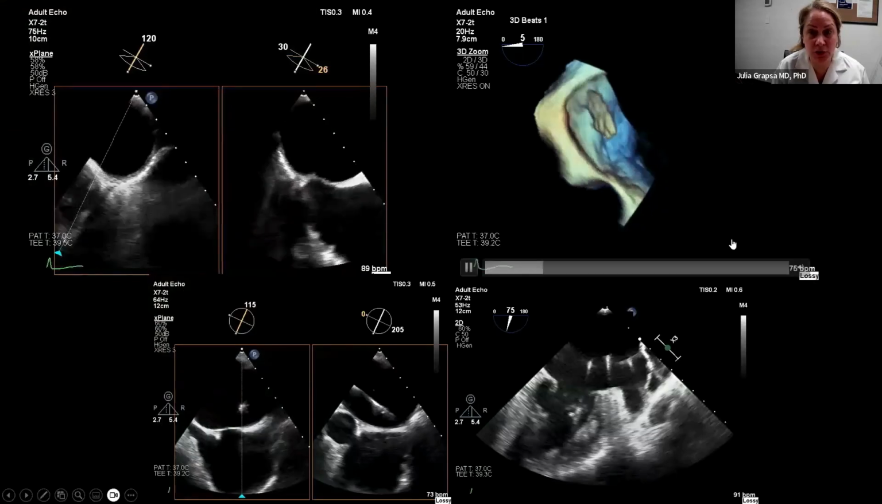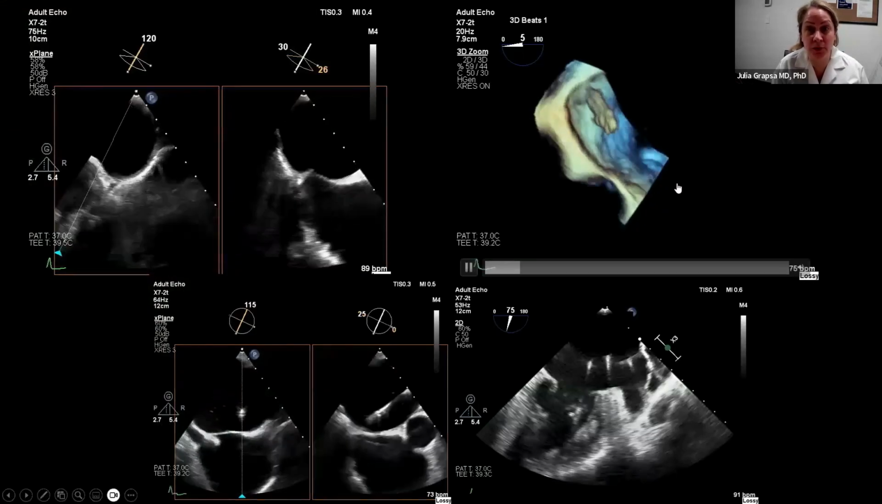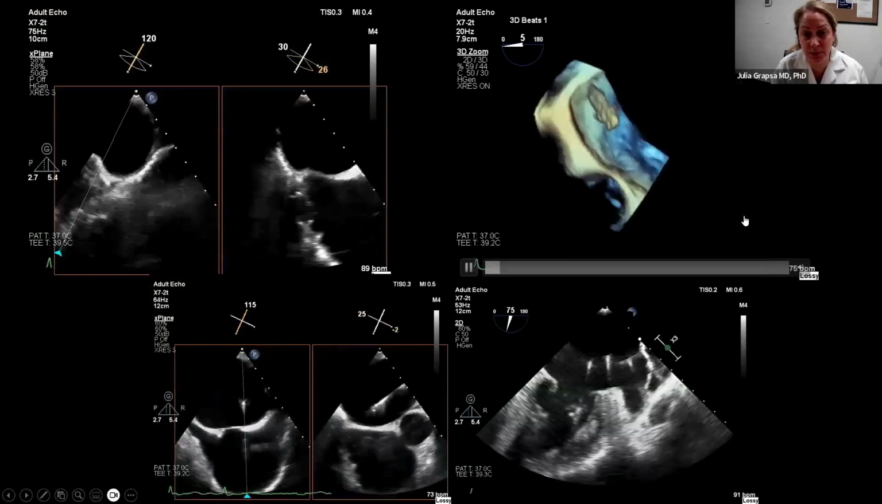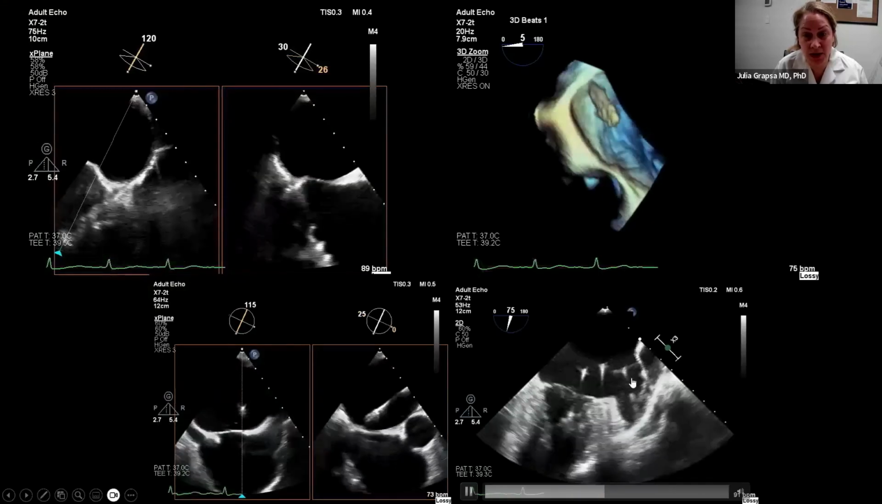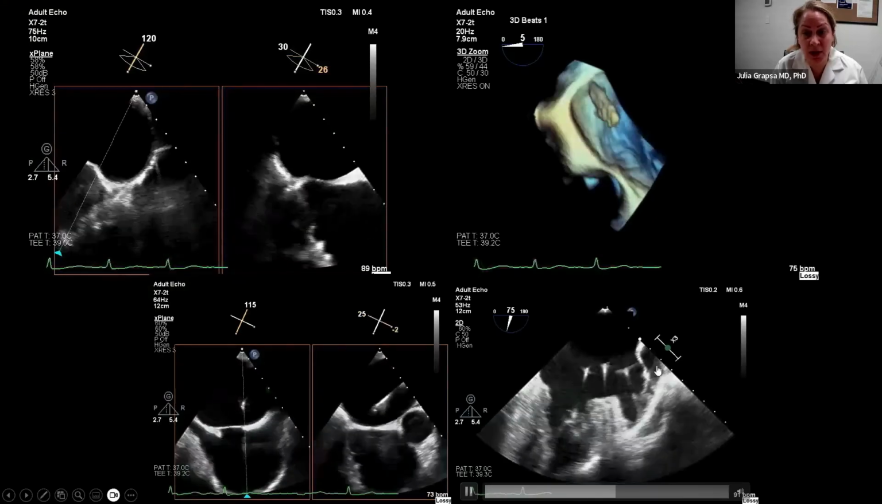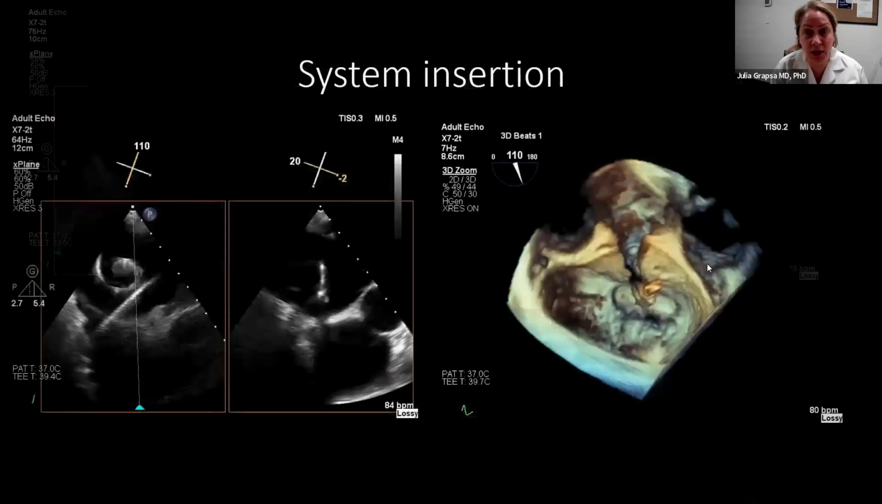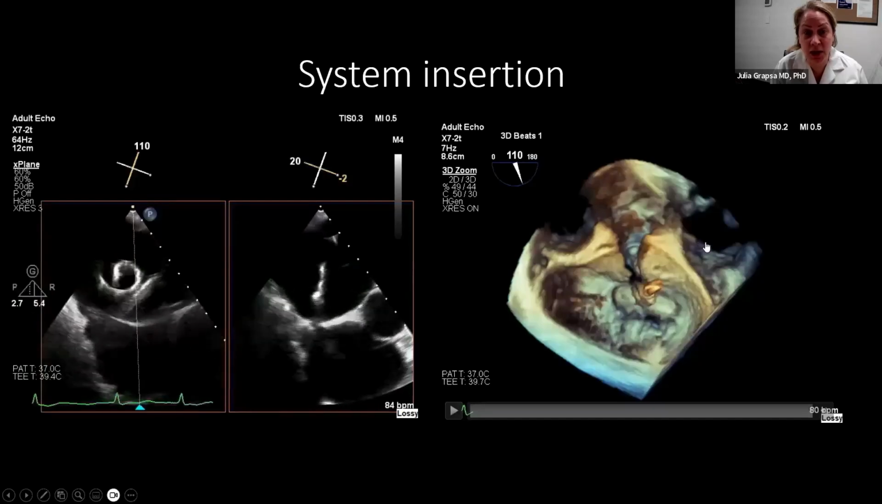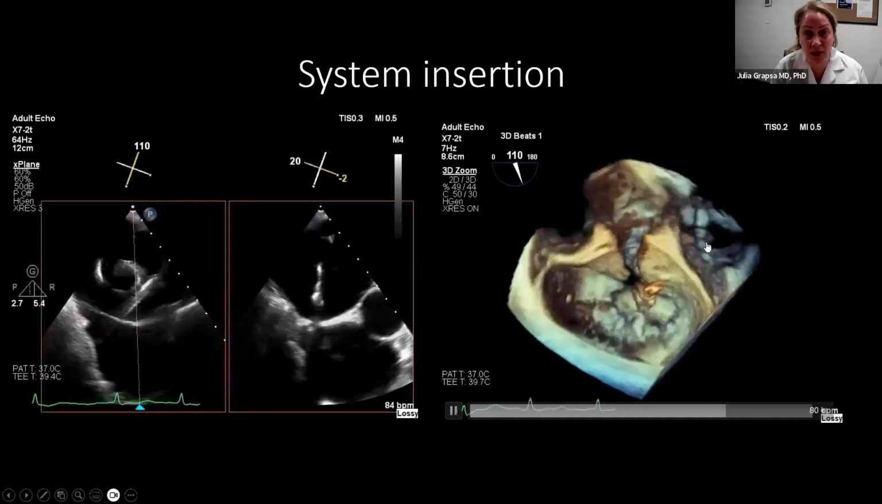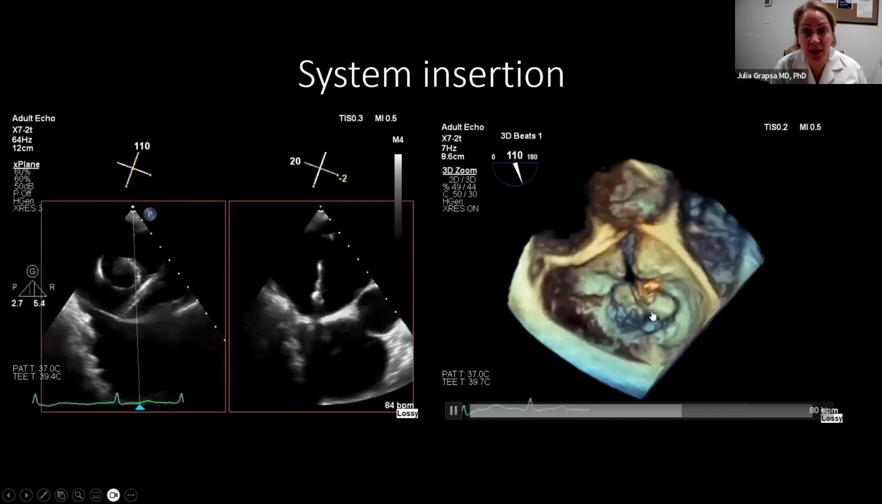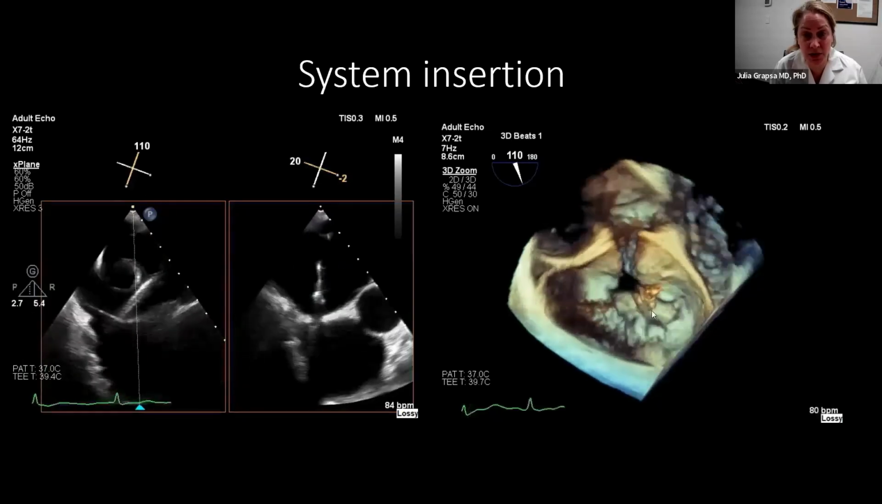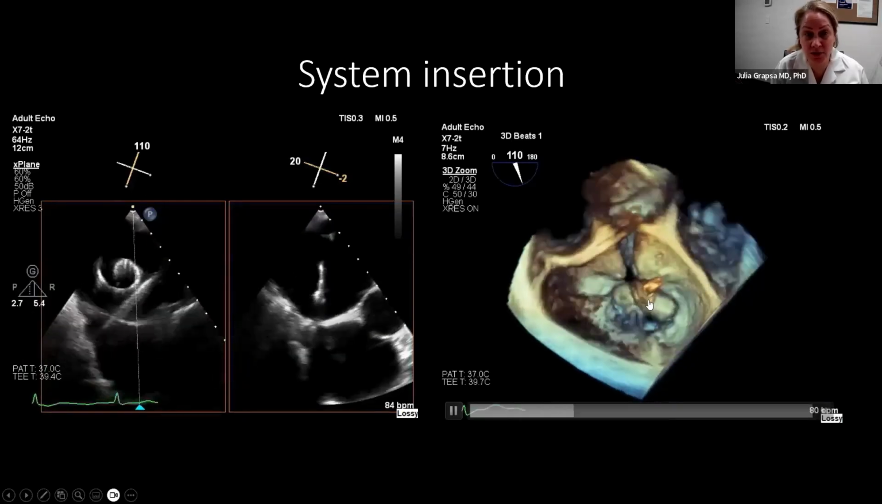So here we start. Here we have already done the transeptal puncture, and we assess in order not to cause any trauma to the left atrial appendage, and then we guide the system insertion close to the mitral valve. Here you will see that the system has been inserted, and then we guide and rotate the edge-to-edge repair